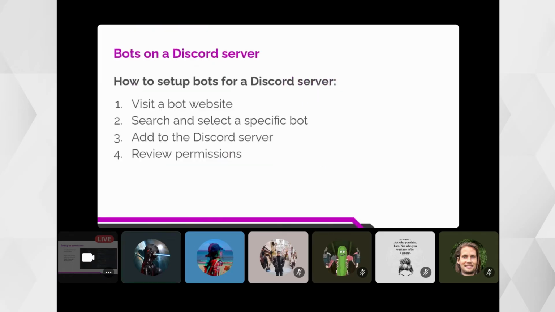Before anything else, how to set up bots for a Discord server. For those who are new, number one, visit a bot website such as top.gg, then search and select the specific bot function that you want. Then click add to Discord server or invite to server, and review the permissions.